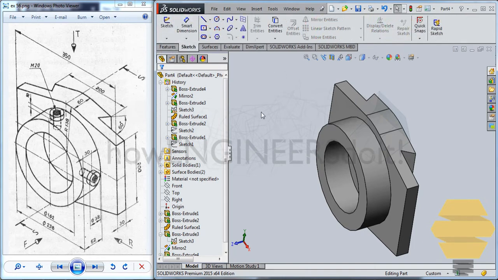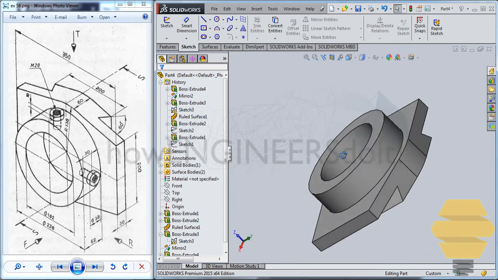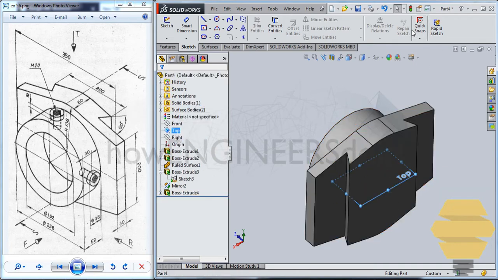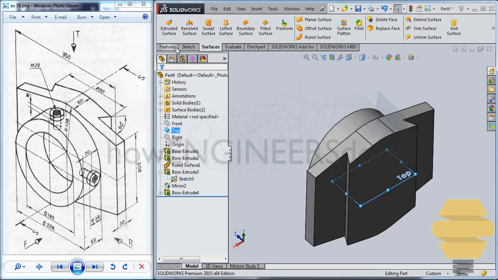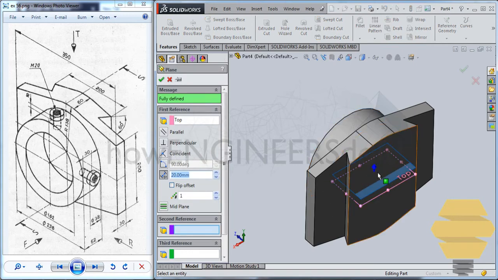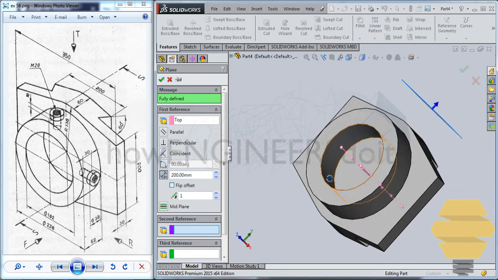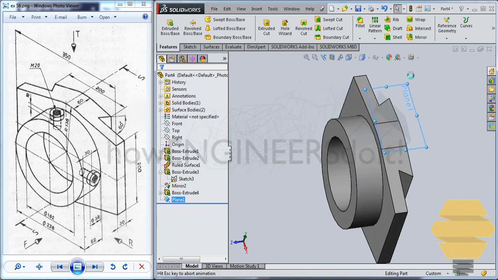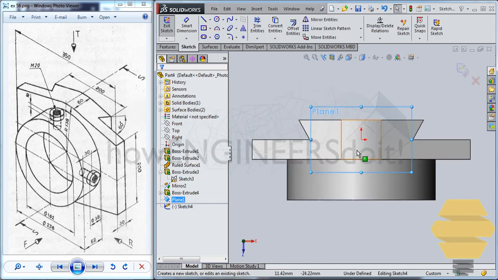Now we have the top plane here. Go for the top plane and go for the features here and go for plane and create a plane at maybe around some 200 something, and you can click on the tick mark, go for that sketch, do a sketch on that particular plane there,